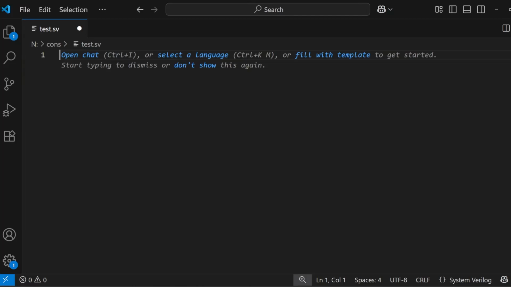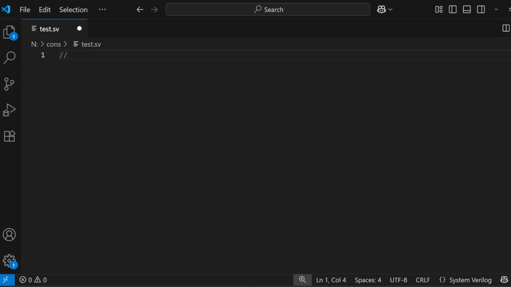Hello everyone. So welcome back and we will do another exercise on SystemVerilog constraint. So in this particular question, we have to write a constraint of a 16-bit vector